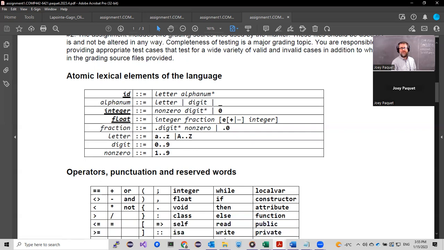Alphanum is either a letter or a digit or underscore. So it must start with a letter and then can be followed by any number of letters, digits, or underscores. That's the definition of an identifier. So for those of you who use regular expressions, you can see clearly that you could implement that using